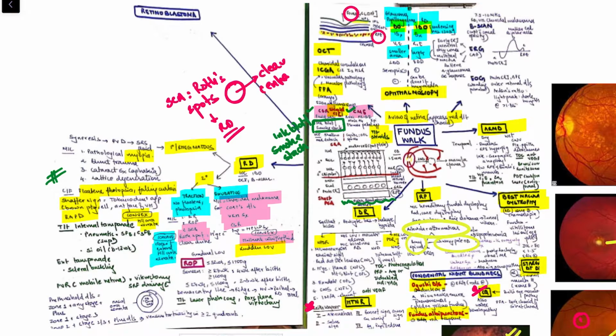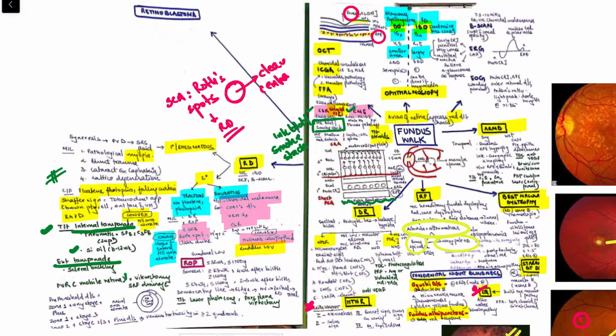Then how do we manage primary retinal detachment? So either we can put pressure from inside or we can put pressure from outside. The internal pressure is called internal tamponade, where we inject a pneumatic substance like SF6, right? It is done for superior breaks, or silicone oil can be put, but remember it should be removed after 8 to 12 weeks. External tamponade is nothing but scleral buckling, right? PVR or when the retina is mobile, right?